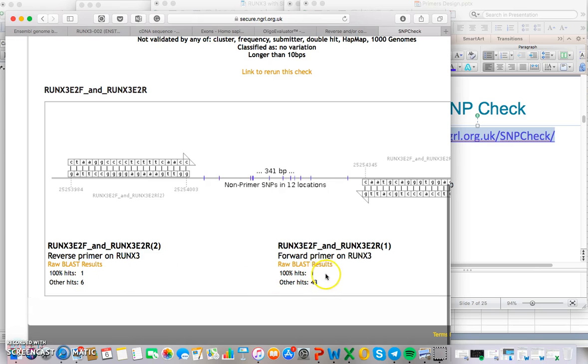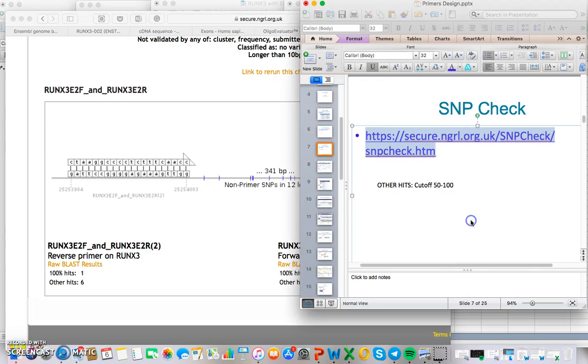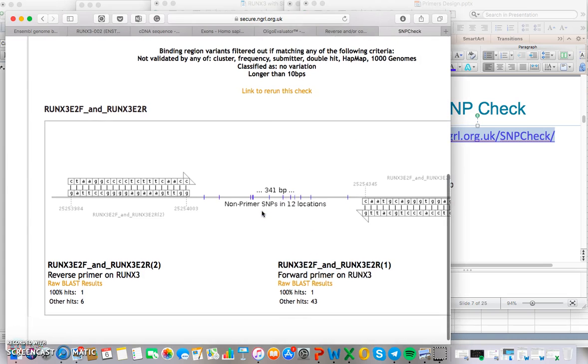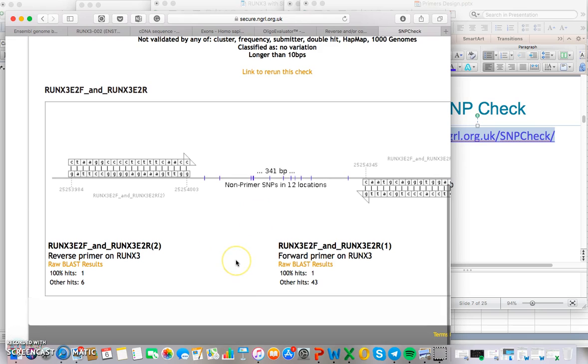It's going to be very specific to your sequence, and to other hits, it could be probably they're going to stick to other hits, to other 6 and other 43. Since our cutoff is 50 to 100, that means that our primers are perfectly okay. So what you do now is just